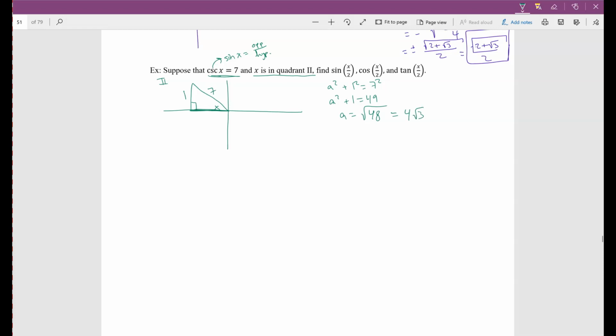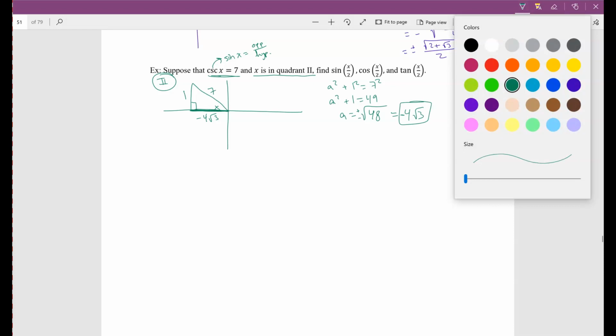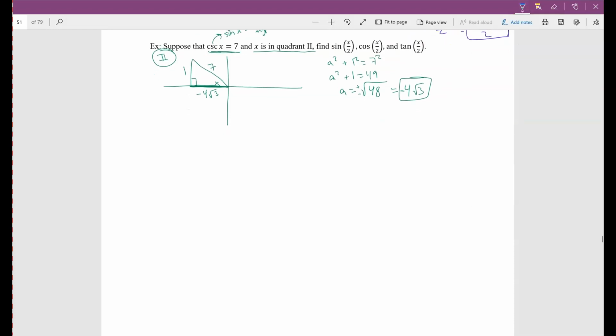Now, you have to be very careful because this is plus or minus. Is this going to be a positive or a negative? Well, in quadrant 2, the sine is positive. Okay, so we know that those are positive, but we know that this is on the negative x-axis, so this should be negative. Negative 4 square root of 3. So this guy should be a negative. Okay, all right, now that we have basically everything,